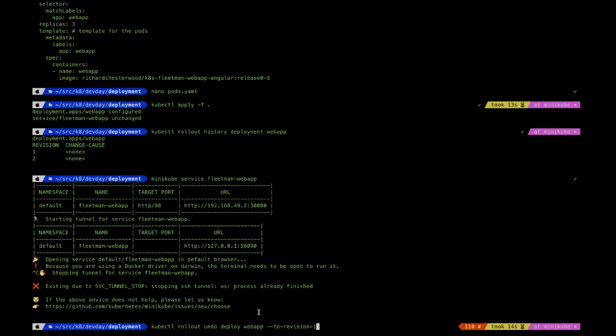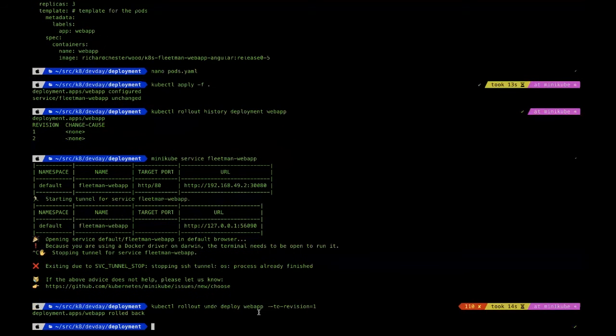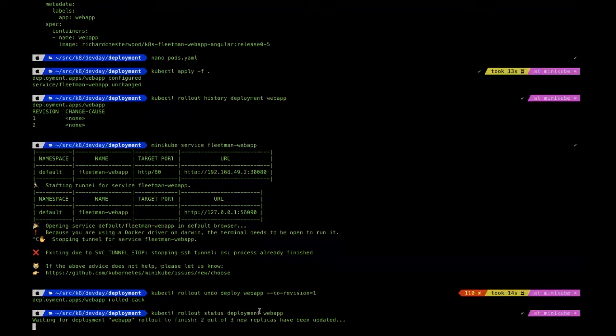Okay, so let's now go into the status of this rollout. You can see that it's been updated. It's taking this much time because I have put that 30-second gap in there. I didn't make any changes here, right?